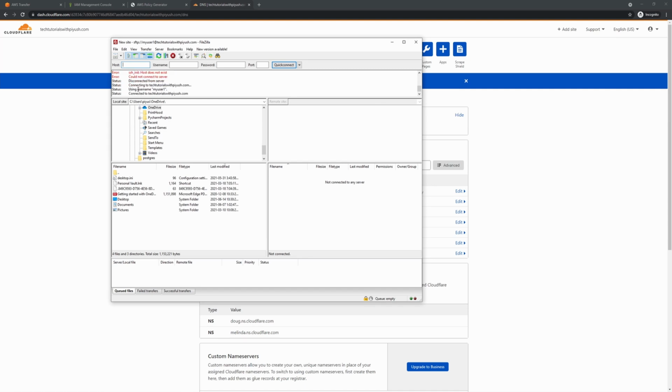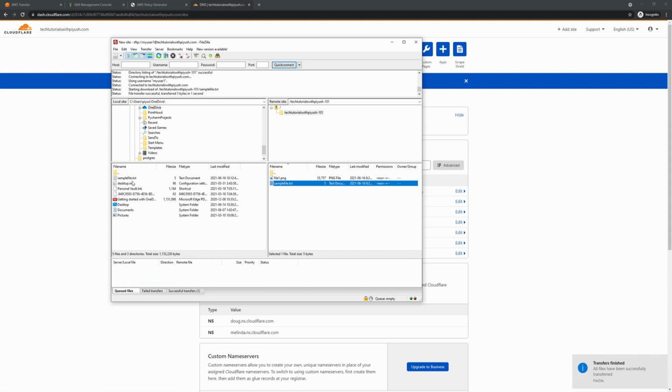Click OK, and it's now trying to connect to this host name, and we can see this as the home directory of the user, which is the root bucket, and we have these two files over here. Now let's try to do some transfer of files. Let's see if we could download any file from the bucket.